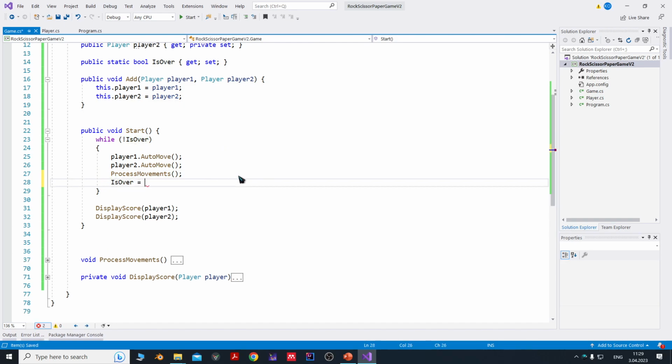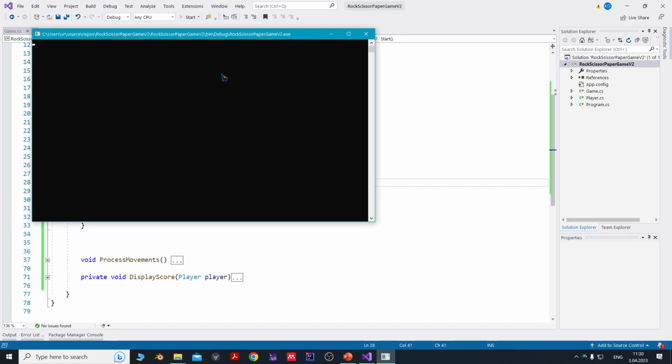I can set this to game dot, we have number of trials, right? We have player dot number of trial. I can say if they play 1000 times, then make this is game over true. This is possible. If I do this one, and then after 1000 times,